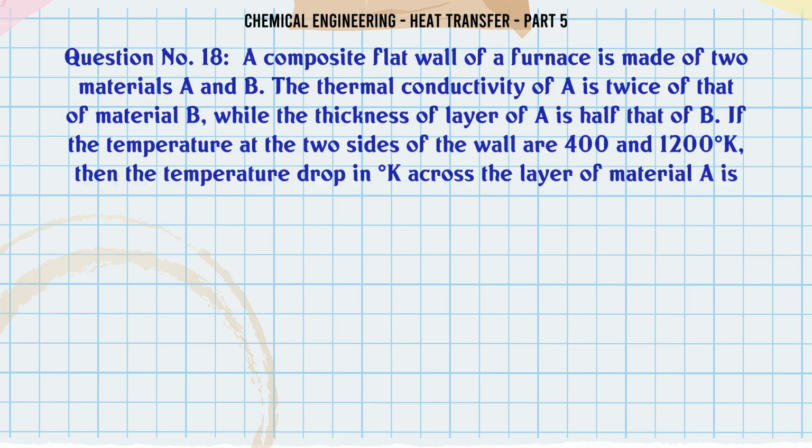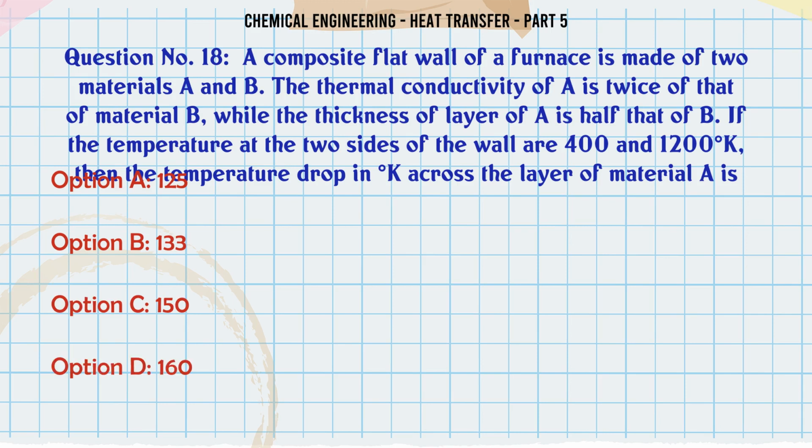A composite flat wall of a furnace is made of two materials A and B. The thermal conductivity of A is twice that of material B, while the thickness of the layer of A is half that of B. If the temperatures at the two sides of the wall are 400 and 1200 K, then the temperature drop in K across the layer of material A is: A. 125, B. 133, C. 150, D. 160. The correct answer is